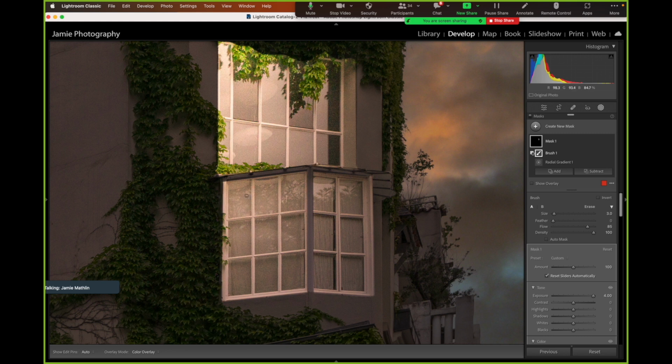So we're just going around there now and changing the size of your brush to suit the size of the window frame. And I literally am going to draw that window frame in with the removal of the radial gradient. So as you can see, I'm just clicking around there and making sure, holding down the shift key just to get that straight line effect